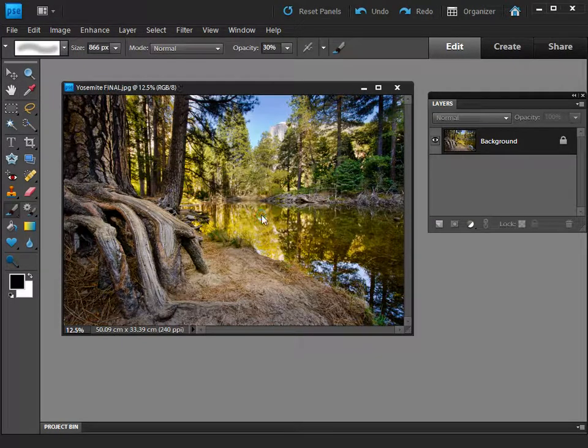Now of course this doesn't need to be the end of the story. You can continue enhancing the picture using the various tools within Photoshop itself, but in terms of combining our multiple raw conversions, we're all done. So give it a try with the start image, that's yosemite.dng. You'll find it in the start images folder on the CD or via the download. And make sure you try it out on your own pictures too, because it's a great way to control colour and